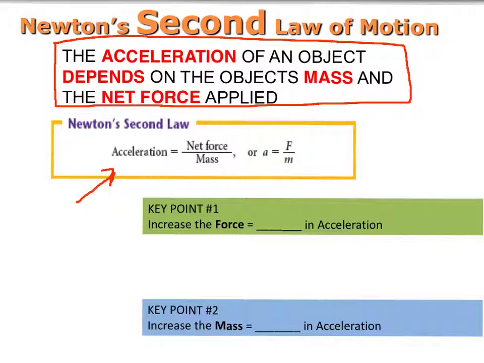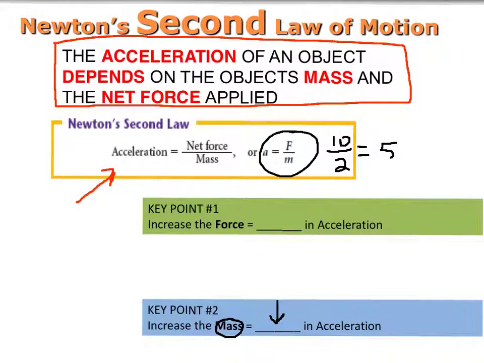And then finally, key point number 2: what happens if we increase the mass of the object? What's going to happen to the acceleration? Again, think of a semi-truck trying to accelerate down the road versus a small car. If we increase the mass, we're going to decrease the acceleration. You can prove that to yourself in a similar way by making up some numbers. For example, if the force is equal to 10 and the mass is equal to 2, you would get an